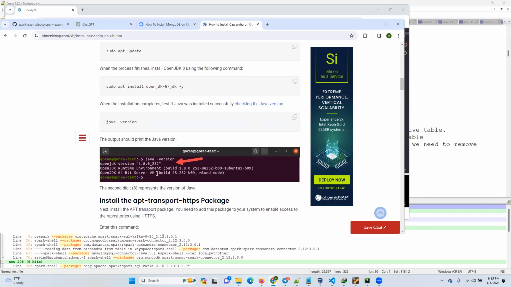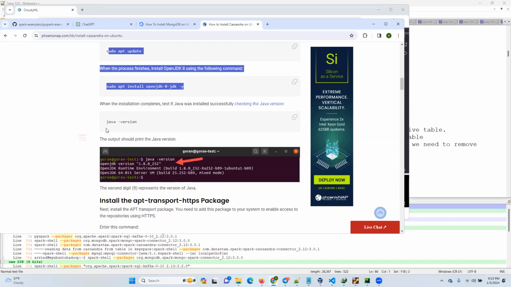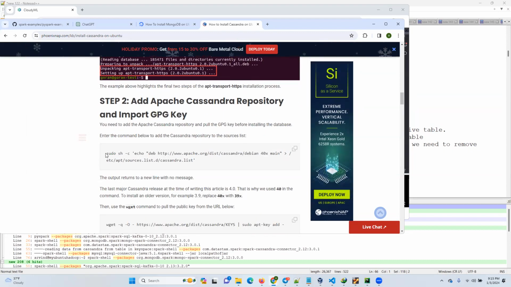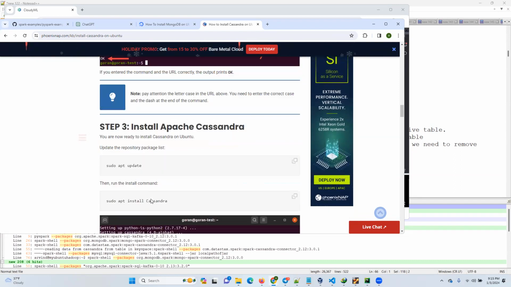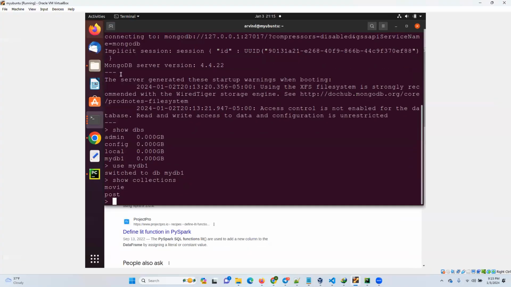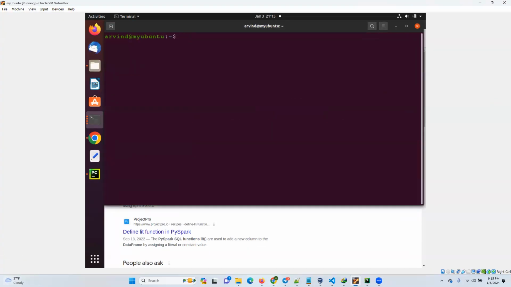Sudo apt, Java you need, but Java is already installed, right? This one you don't need to install again. Then sudo apt install, then the Cassandra key, and then sudo apt install cassandra, but with a small c, right? Cassandra comes with the CQLSH shell. When you type CQLSH,